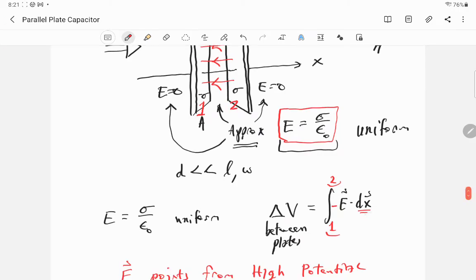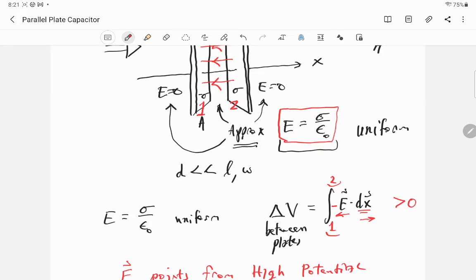And so that means that our little dx vectors that take us from 1 over to 2 are rightward pointing, because to go from 1 over to 2, you have to go to the right. And as I go to the right, I'm going to be dotting against electric field vectors that are leftward pointing. And the dot product between oppositely directed vectors is actually negative, but there's already a negative sign, so the negative signs cancel, and this is overall going to be